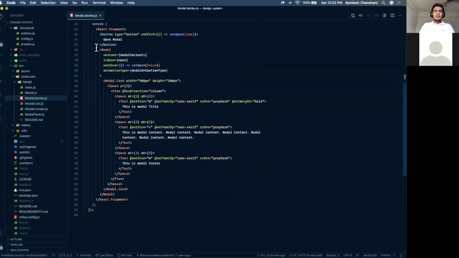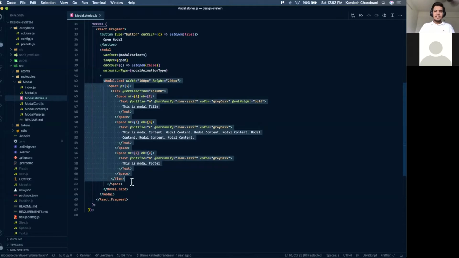So this becomes my parent container, which takes care of my modal container. And then to render the content inside it, I'm rendering a card inside it. This is my card component. It's nothing but children that you pass to your modal, and how it will be rendered on top of your screen.